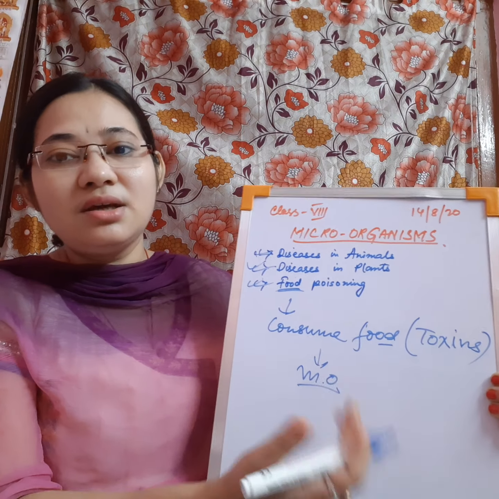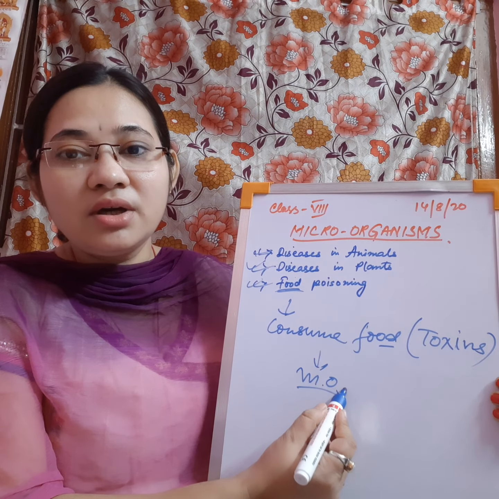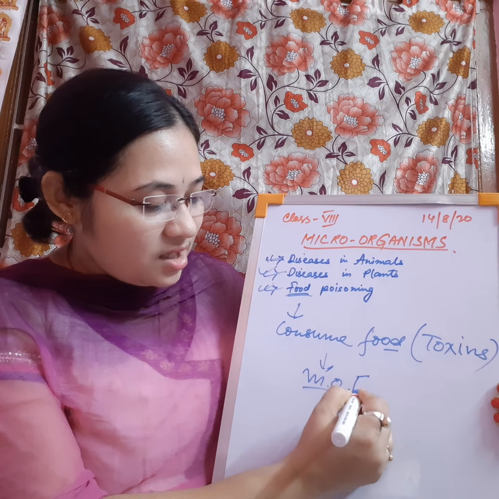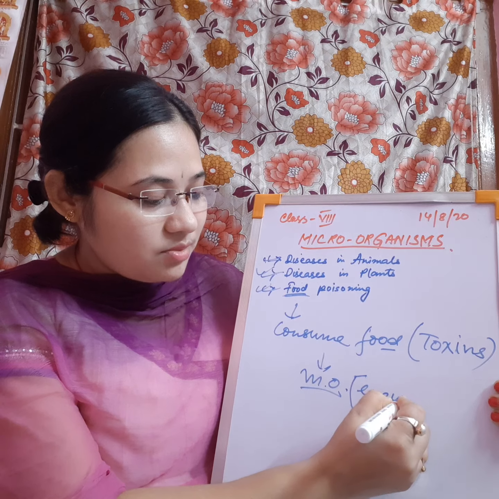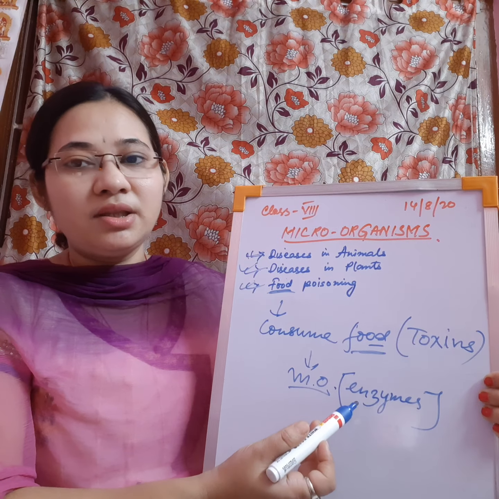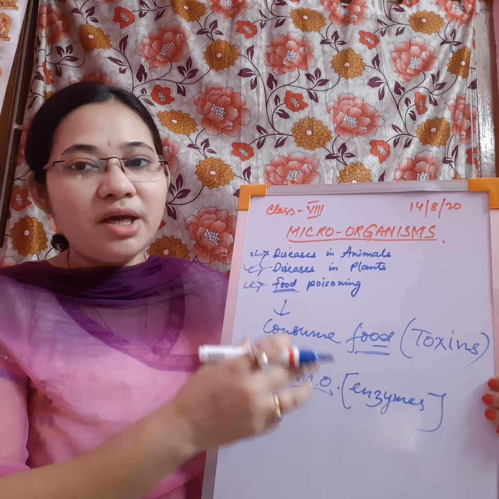Okay, like bacteria, fungi. How do these microorganisms spoil the food? By producing certain types of enzymes. Sometimes the enzymes are produced by the food itself. Sometimes the enzymes are produced by the microorganisms. They consume that food and then